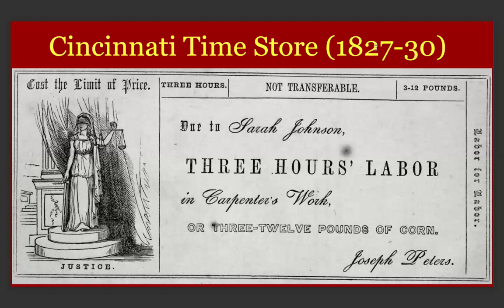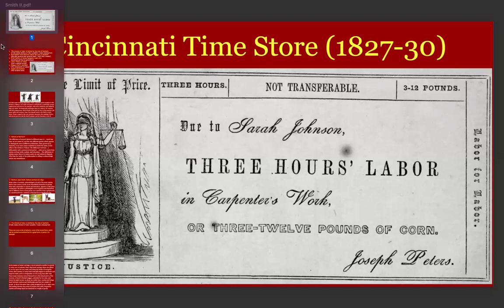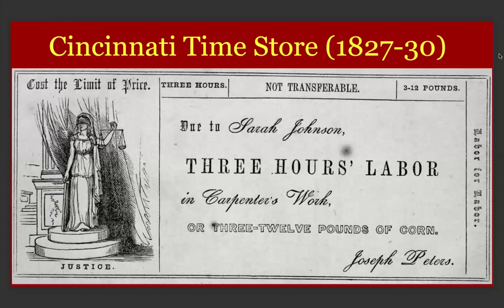means of exchange. So it looks like money here, like cash, right? But you can see that it's inspired by the labor theory of value. Basically what they thought is, what if we get rid of cash, and instead we exchange stuff and pay each other with rights over labor time. Here, this person called Joseph Peters is buying something from Sarah Johnson, whatever it is. So let's assume he bought pasta.